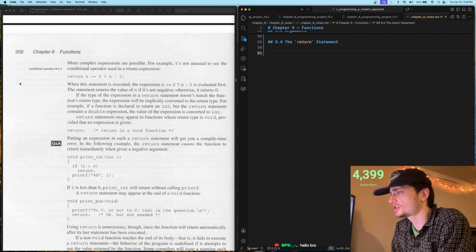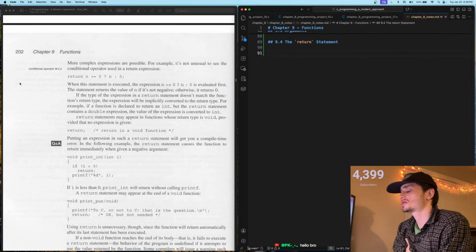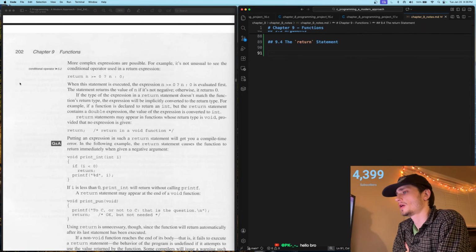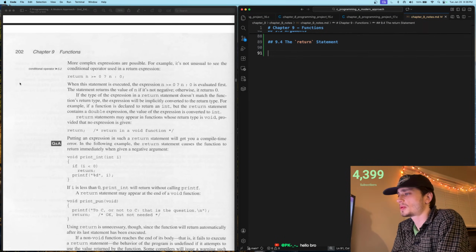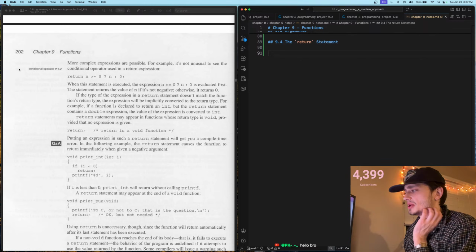For example, if a function is declared to return an int, but the return statement contains a double expression, the value of the expression is converted to int. Return statements may appear in functions whose return type is void, provided that no expression is given: return; in a void function. Putting an expression in such a return statement will give you